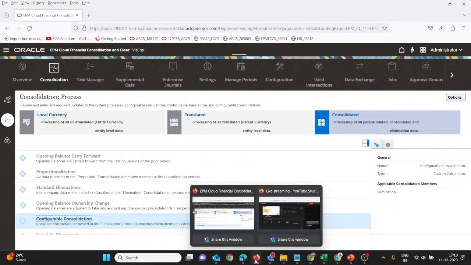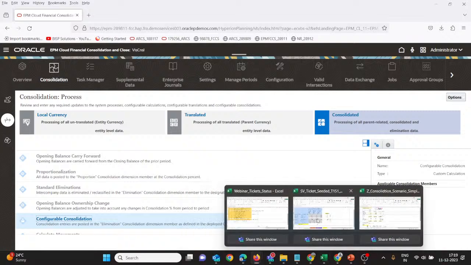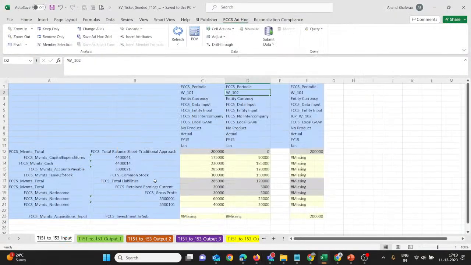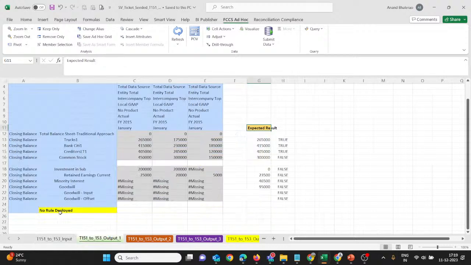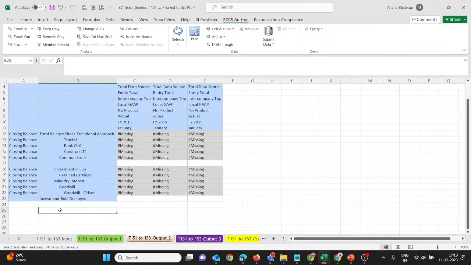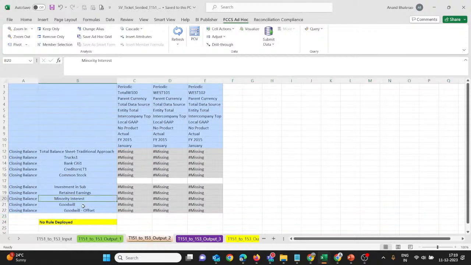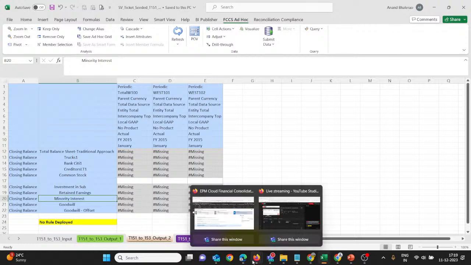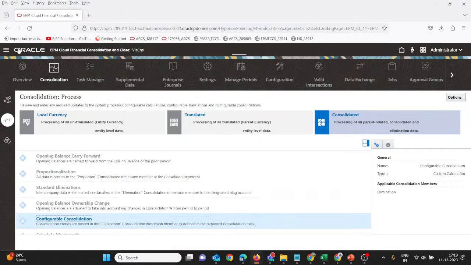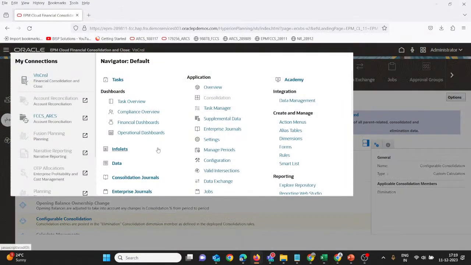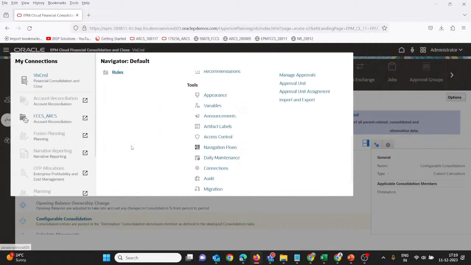Now our Smart View input will remain the same. This is our first rule, when no rule is being deployed. So I will come to here, when the investment rule is deployed. Okay, so I have deployed this one. Now I will again run the consolidation business rule. So from here I will go to rules